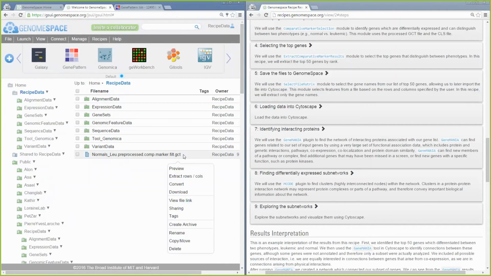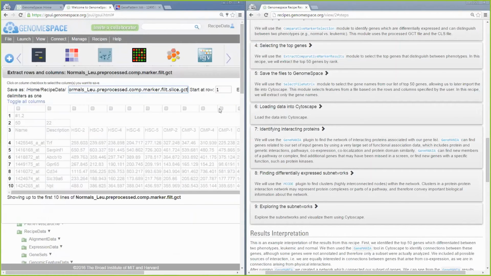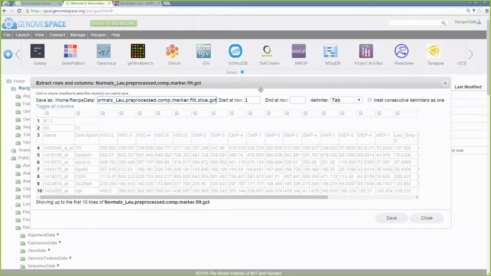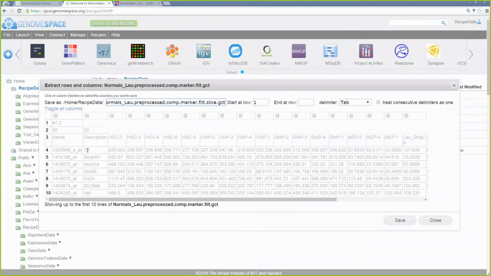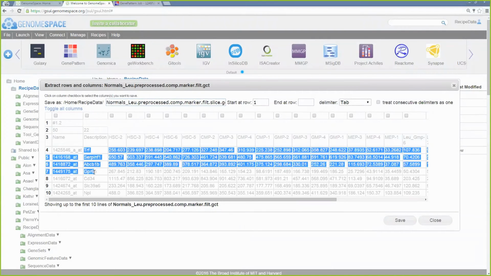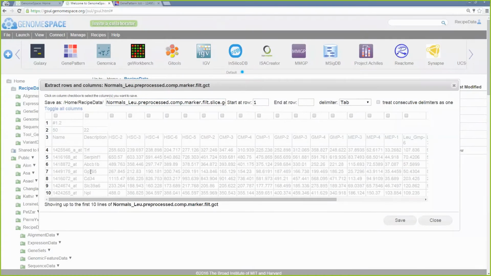So the way that we'll do that is right-click on the file and choose Extract Rows and Columns. So we can make this bigger. You can see here, this is a preview of that file. And what we want to do is start using these particular gene names in this column. So what we'll do is we'll toggle that column.